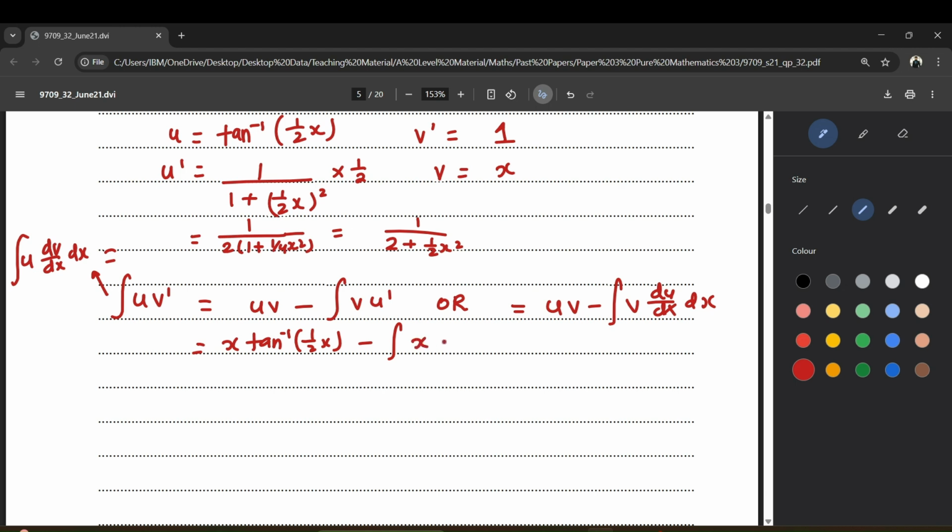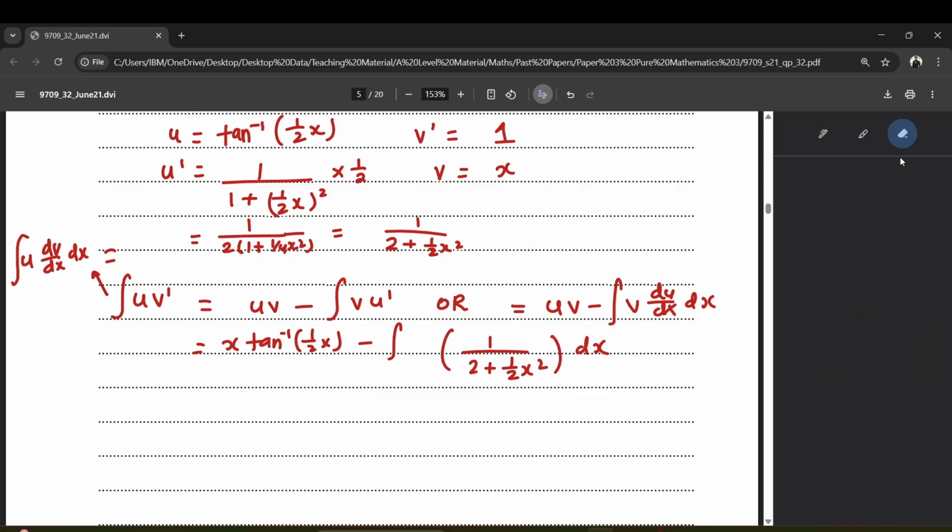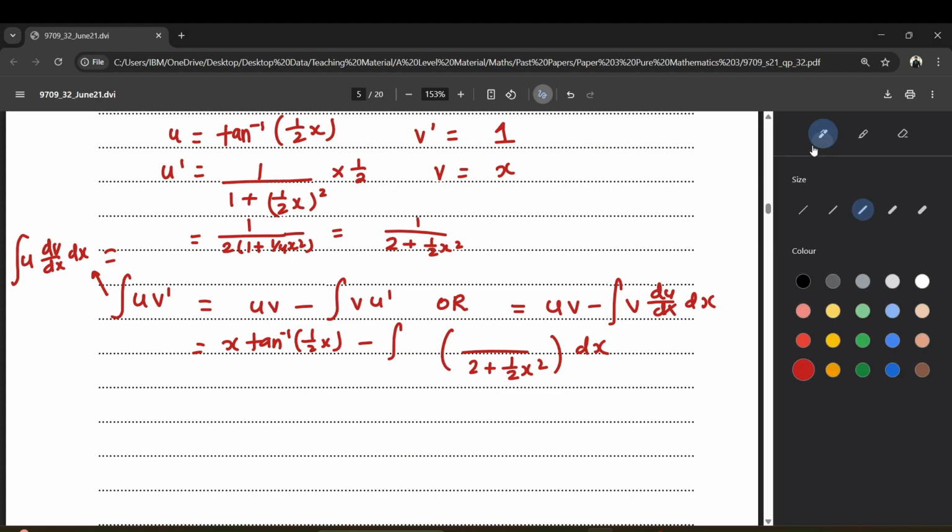So that will be x times 1 over 2 plus 1 over 2 x square dx. If I multiply this x inside, let's say that I just straight away write it inside over here,